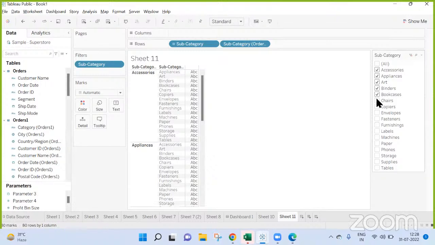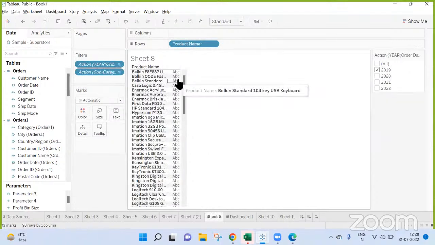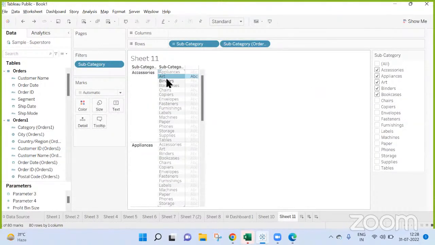And again, in those four, the combination of those four, wherever it is present. So you need one more column. Now whenever you are bringing from the other table, it should show what combinations it has. First line should show appliances, second should show appliances and art, right? Third should show appliance plus art plus binders. Only then we can get this.